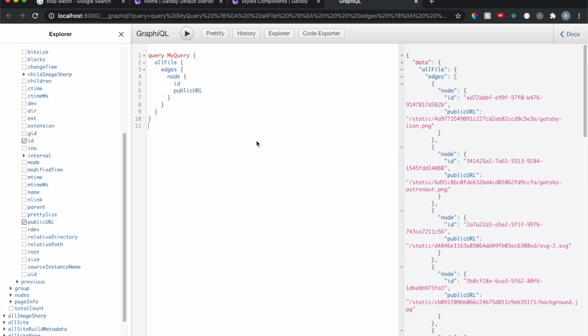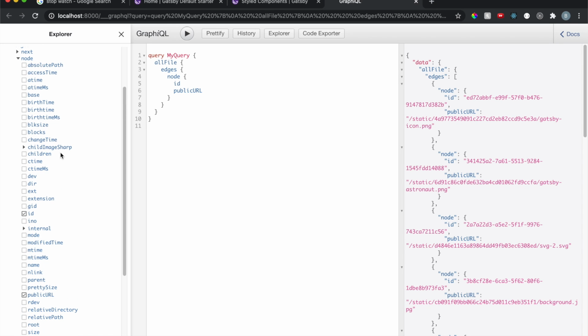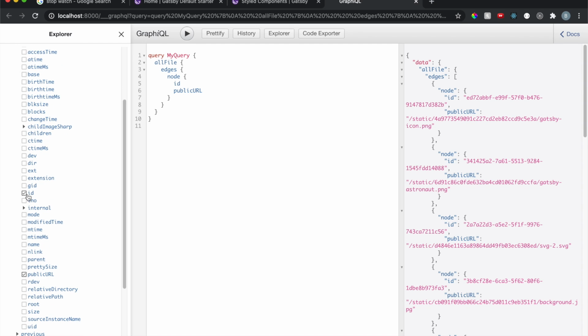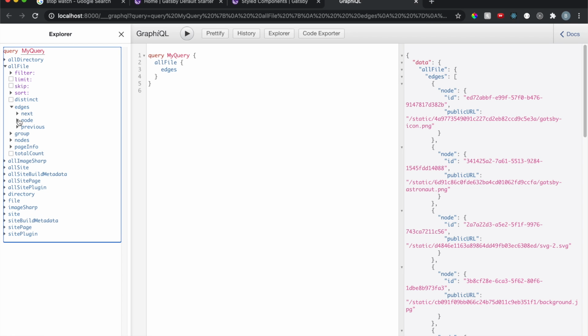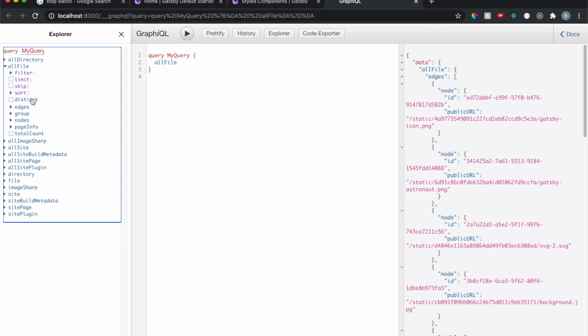So this is cool to see, because now we can actually create this data and then get it to display utilizing this awesome thing right here. So what I want to do is let's unclick these boxes here. Let's go back to edges. Before we even get into that stuff, I want to filter it, because right now on the original site design,